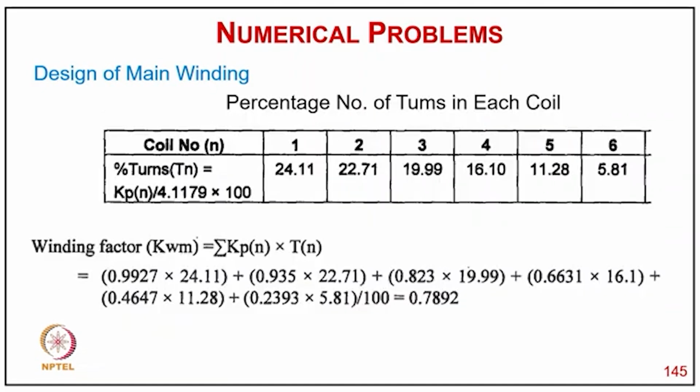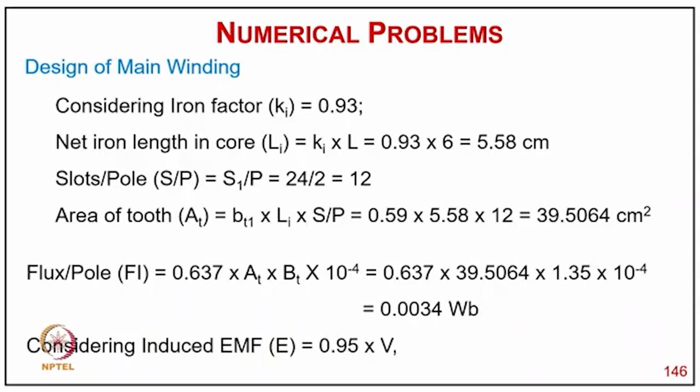So now, taking all the factors into account, we can calculate the winding factor, the summation of pitch factor and number of turns, which comes to 0.7892. Now coming to the design of the main winding, considering the iron factor of 0.93, the net iron core length is K into L, that comes to 5.58 centimeter, and slots per pole, S1P, is 24 by 2, that is 12. The area of the teeth, PT1 into Li into S upon P, comes to 39.5064 centimeter square, and